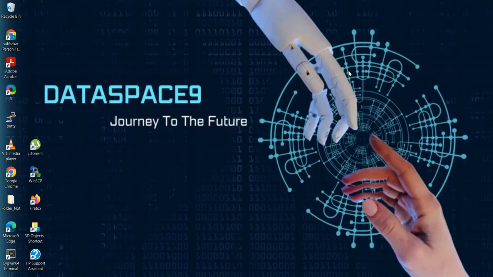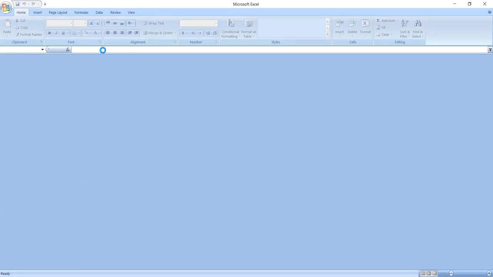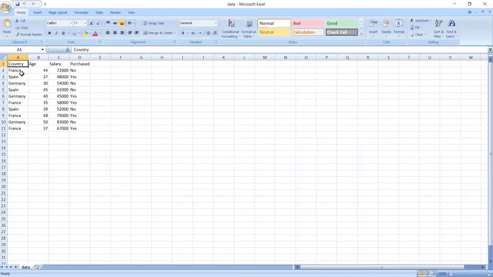Today, I am going to explain how to encode the data in a data set. I will show you the data set. The data set name is data, and it contains a country, age, and salary. This is the country column, so we need to encode this